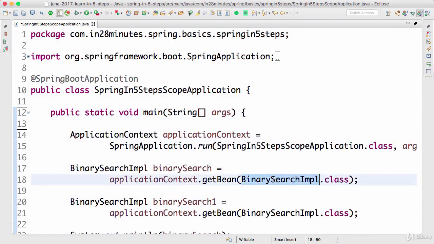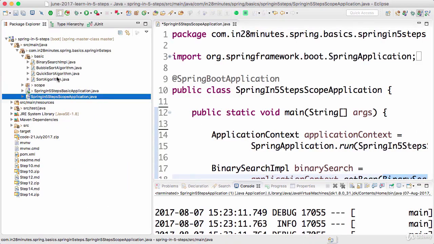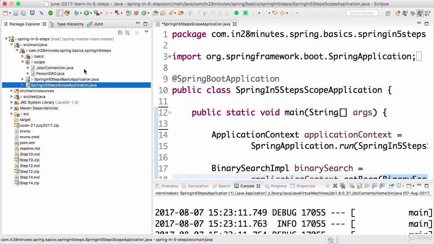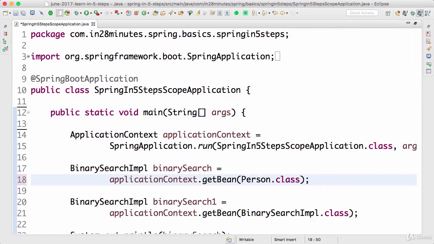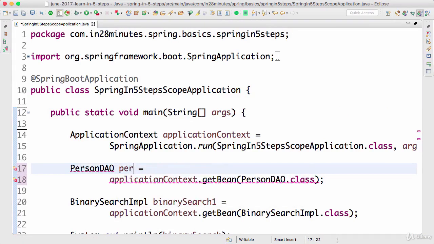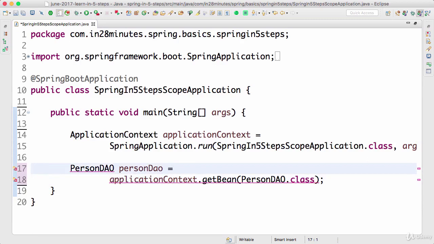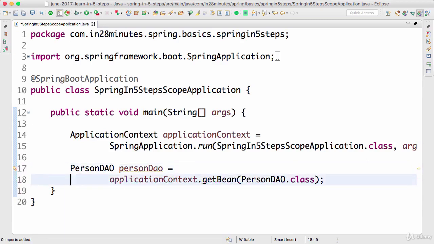However, here we would want to get an instance of the DAO class, right? So I'm not worried about the basic things anymore. Let's get into the scope. So I would need to get an instance of the person DAO class. So here I would want to say person DAO, and the thing which would come back is a person DAO. I can remove all the code that is beneath it. Let's do that and press Ctrl+1, import it. Okay, now this is cool.